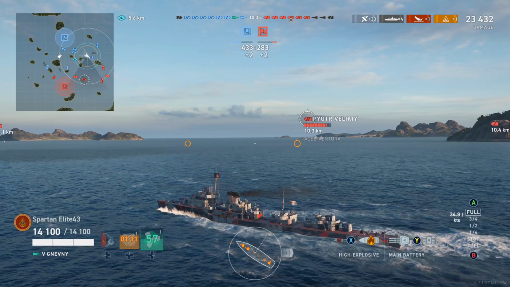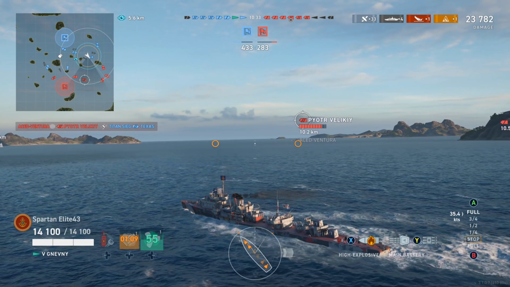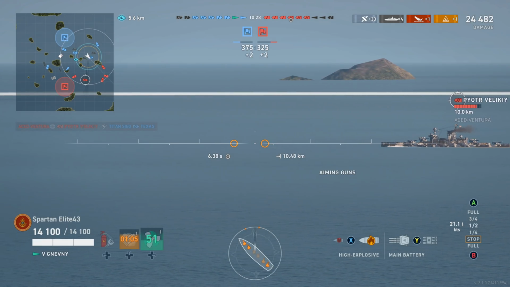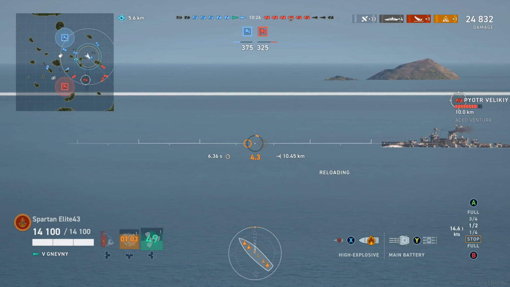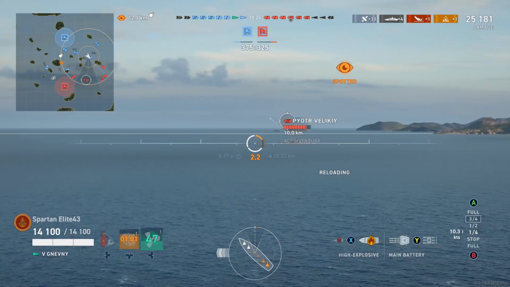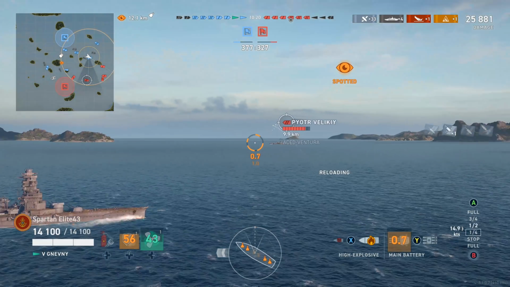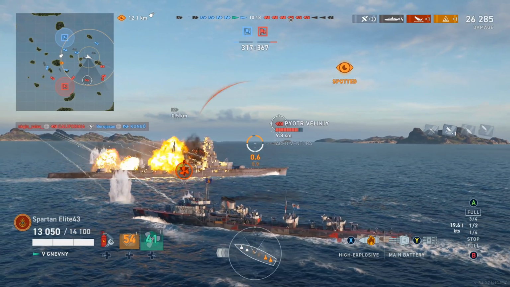It's stupid that a cruiser can sit at 19 kilometers and set people on fire. Like, that is absolutely stupid. And I know it's not just the Russians that are capable of doing it. They've made it so that everybody can because they gave Kuznetsov the